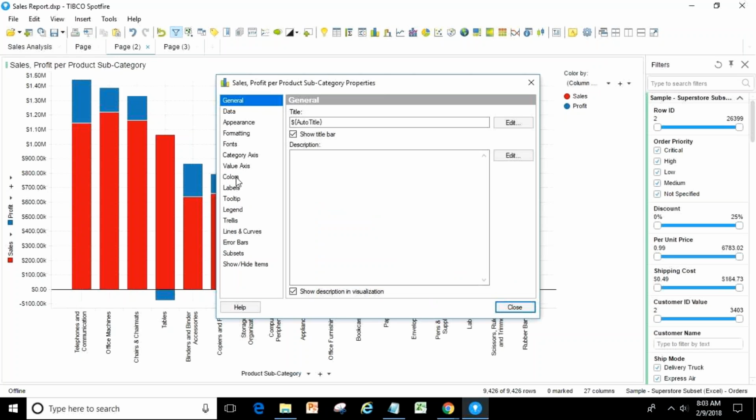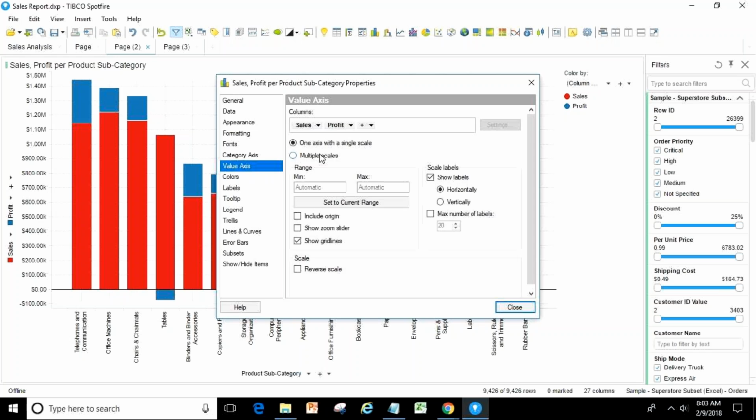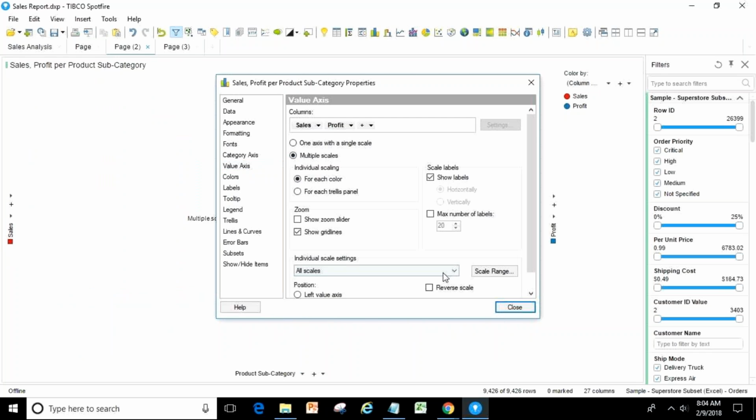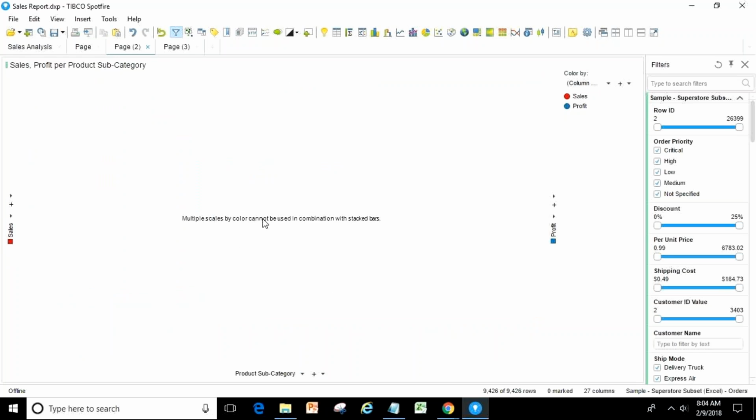For that, you just go to your value axis and say multiple scales. When you say multiple scales, for each color you will get two scales, sales and profit. Earlier, sales and profit were together, but now you have them on different sides, one on the left y-axis, one on the right y-axis.